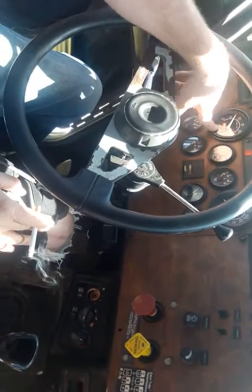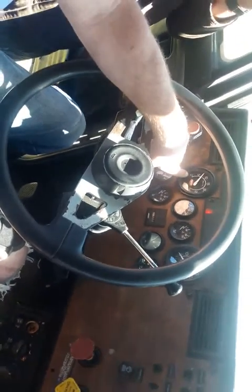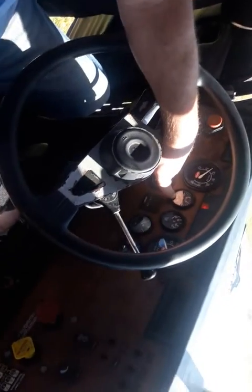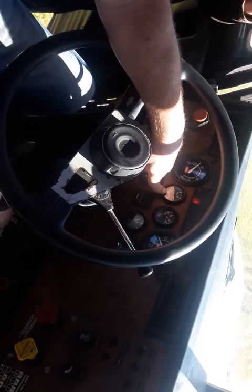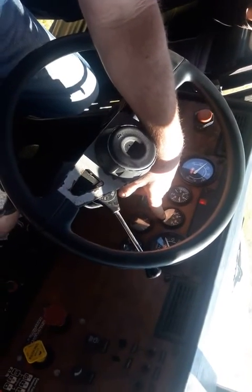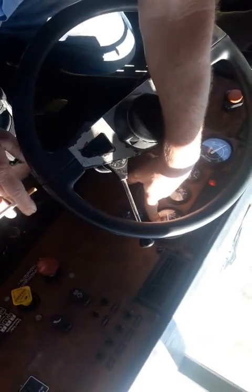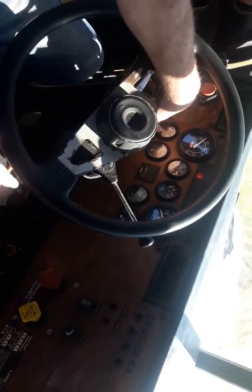As soon as you start, you want to start checking your gauges. Say my RPM gauge is at proper operating range. My oil pressure is within proper operating range. My water temperature is within proper operating range. My speedometer we can't check till we start moving. My battery volts are within proper